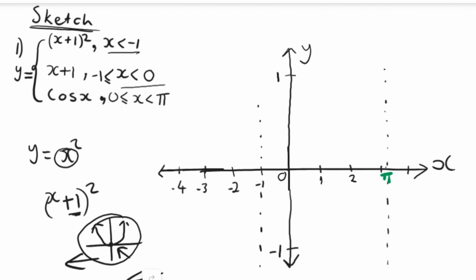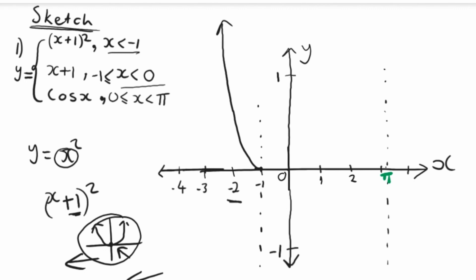Remember, we must shift it 1 unit to the left. We come and touch here. We no longer touch at 0, we touch here. But now we only sketch the left arm of that parabola going up this way. Okay, remember